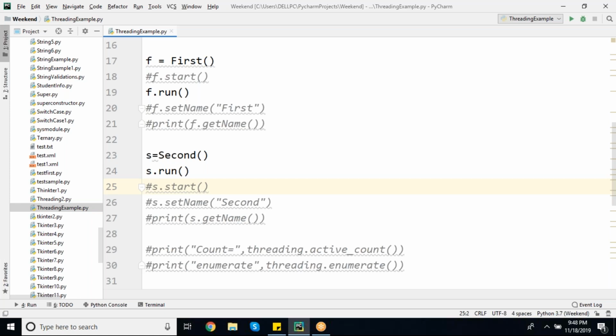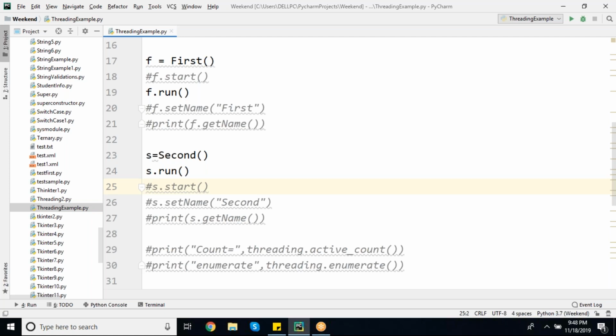No. See, if you use start, it will follow specific life cycle methods. That means the proper life cycle methods of a thread it will follow and it will perform the operations. When it comes to run, if you use it, it won't behave like a thread.